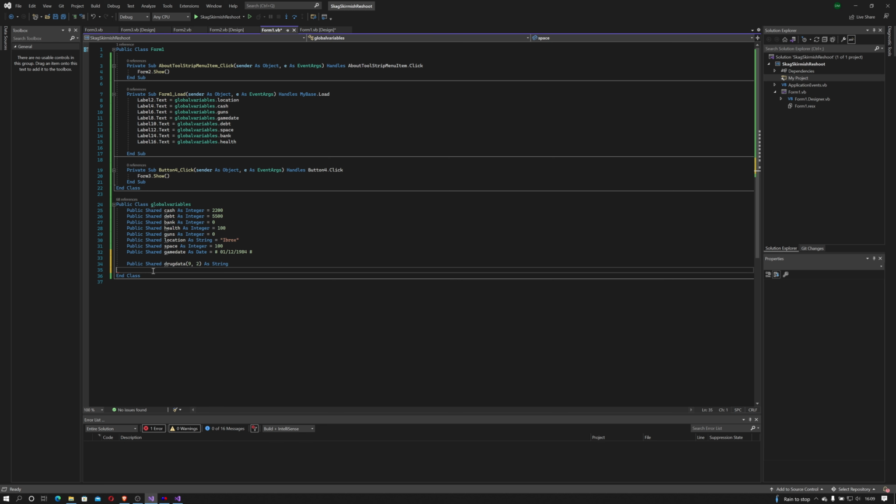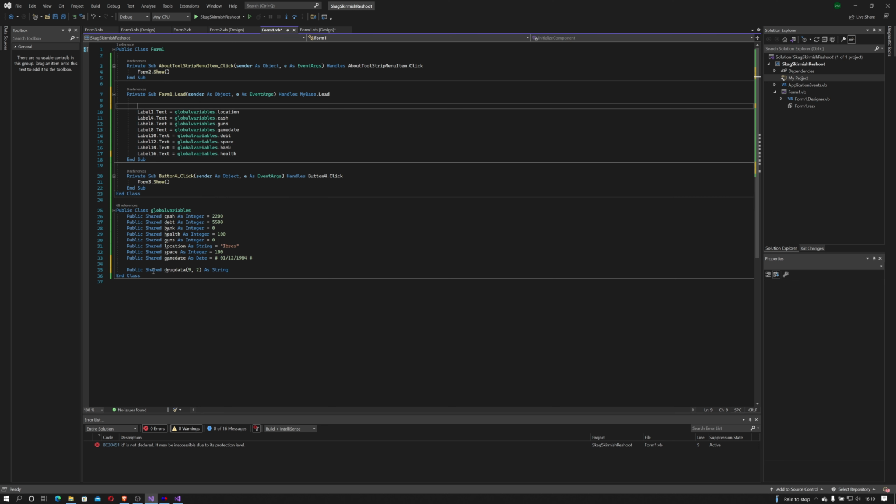So let's see if it'll let me do it here. If not, I may have to do it in the form.load. So drug data. Okay, yeah, it's not letting me do it there. Okay, that's fine. So drug data can be populated up here. So global